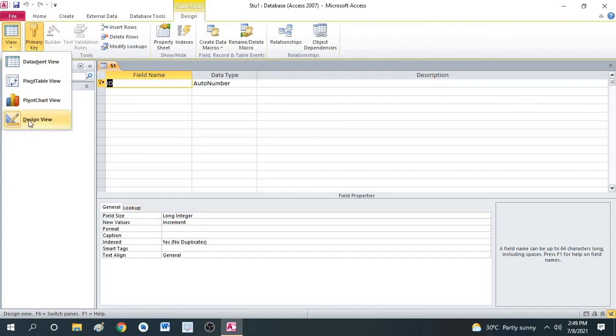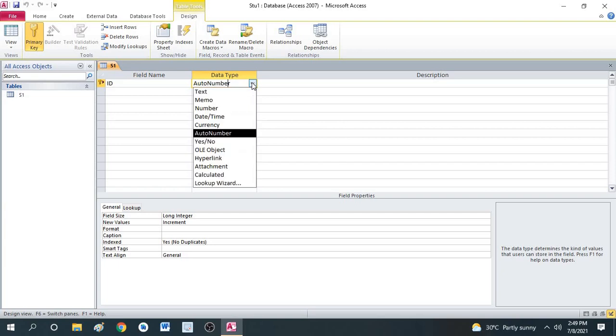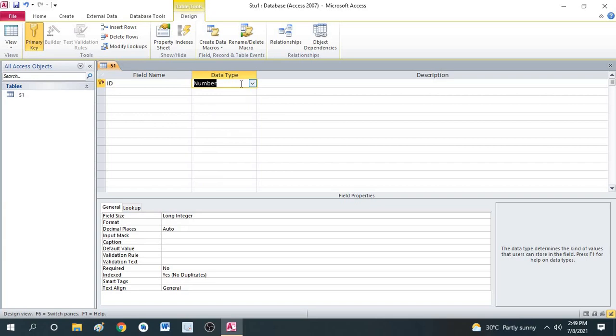In the design view, you are going to give only the field names and the data type. This is only for creating the design, that is the field names. So for that, here I am considering the student mark sheet as an example. So fields can be ID. Here I can change it to number. If I give auto number, it will automatically take from 1 and it continues.